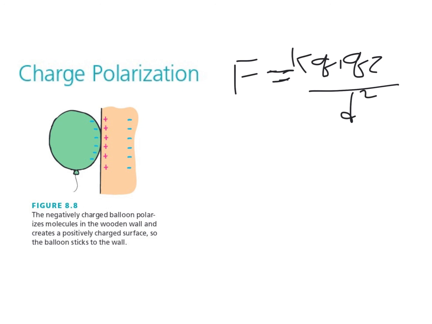Now, eventually the air molecules bumping into the balloon will knock some of these charges off the balloon, and so the balloon will become less and less charged over time, and eventually it'll just fall because there's not enough strength to hold it up. But if you remember when you were a kid, it can actually hold there for quite a while. So it's a neat demonstration of this polarization effect.